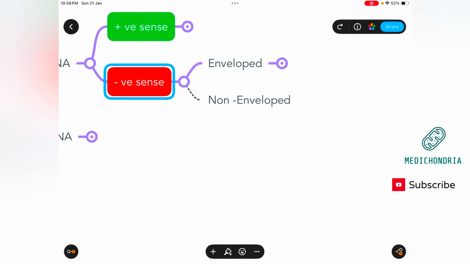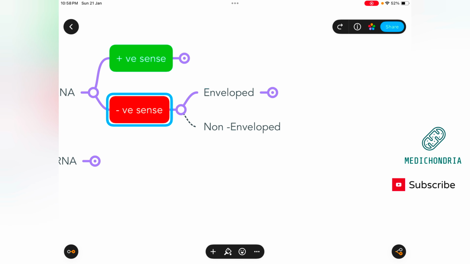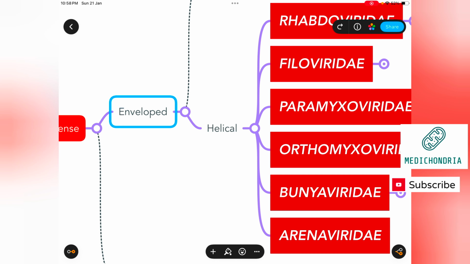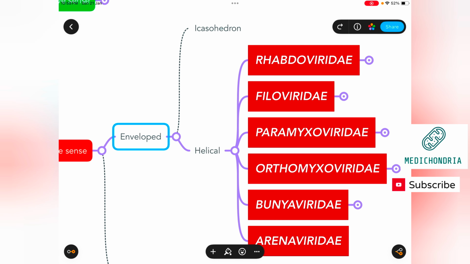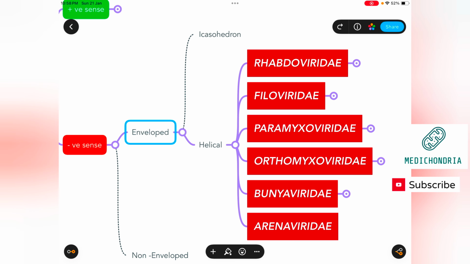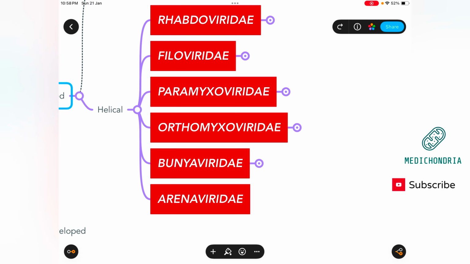For the negative sense, we're going to follow the same scheme, enveloped and non-enveloped. Another important point: in negative sense RNA viruses there are no non-enveloped viruses, unlike in positive sense where we got some non-enveloped. Over here we just got enveloped viruses, and even among enveloped ones we just got helical symmetry, we don't have any icosahedral symmetry negative sense viruses. And over here we got